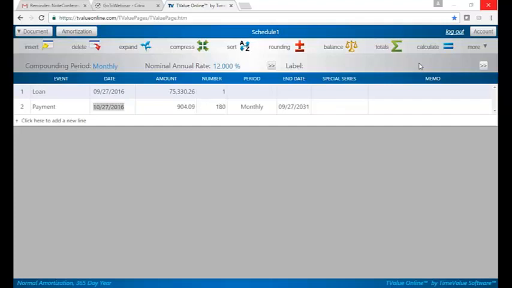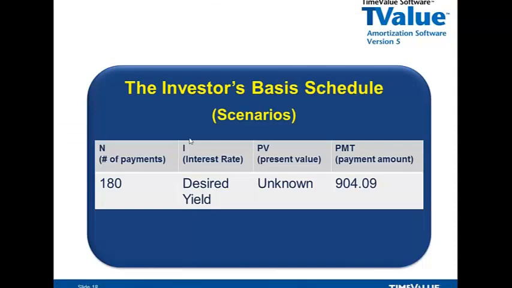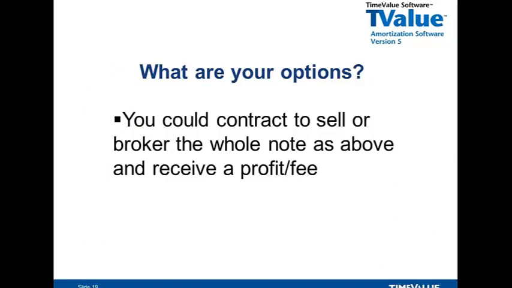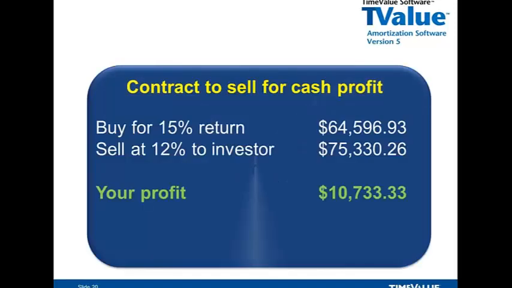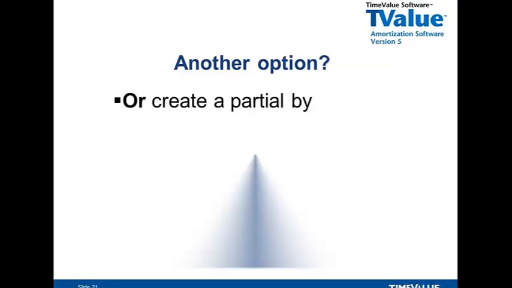So you have options here when it comes to structuring these deals. You could do what we just did there and contract to sell or broker this whole note. Essentially, buying it for a 15% return, paying $64,596, and maybe turning around and selling it to an investor who wants a 12% return. If you just broker that deal or contract to sell that deal, you're going to come out with a $10,000 profit on that. That would be maybe one way to go. I think a lot of times it depends on what your plan is. Another option,